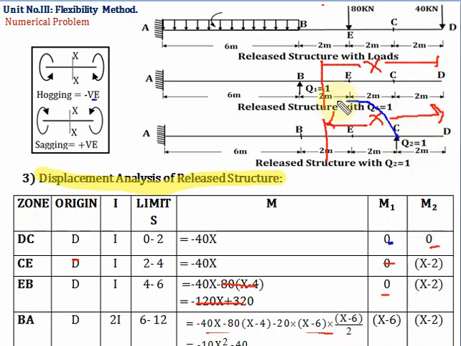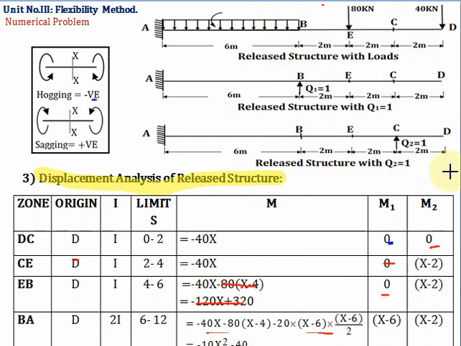Now due to this Q2, the nature of bending moment will be sagging. As it is sagging, so positive, and here you have to find out this distance. So this distance is nothing but x minus 2. So x minus 2, as the nature of bending moment is sagging. Now next we'll take the